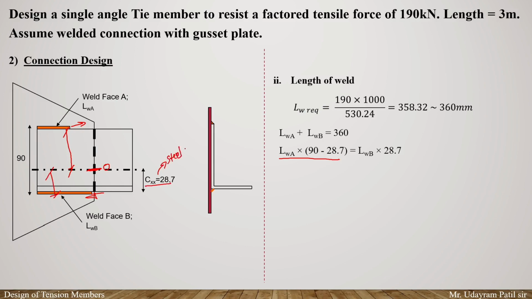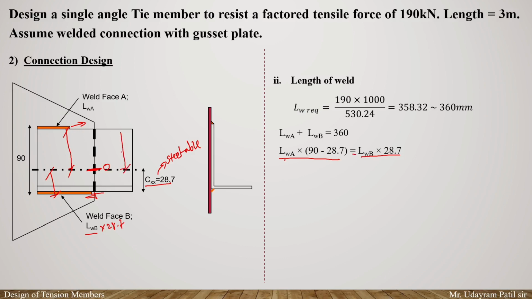ये जो आपकी वैल्यू, ये स्टील टेबल में आपको मिल जाएंगे. ओके, स्टील टेबल से CXS आपको कितना मिला है? The centroidal axis is at 28.7 from the bottom. So therefore, length of the weld LWD multiplied by 28.7. Okay, the moment will be equals to LWB multiplied by 28.7 should be equals to LWD multiplied by ये distance,